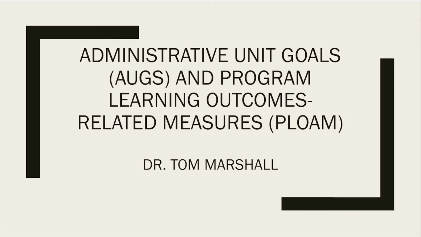administrative unit goals and program learning outcomes are the goals that you set forth at the beginning of each year. Whatever goals you want to set out for your department, you put this down in the form, and I'm going to show you the form here in just a minute. At the beginning of the school year, you set the goals, and then in the spring, after we do the forums and the surveys, you can go back and see what you've done and whether or not you've met your goals. Some of you may use forums and surveys, some of you may not. It just depends on your department.